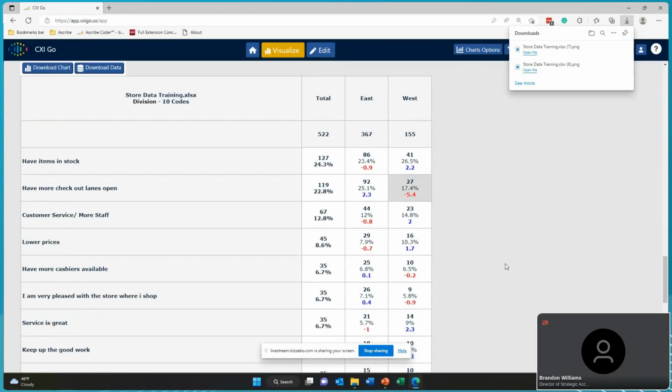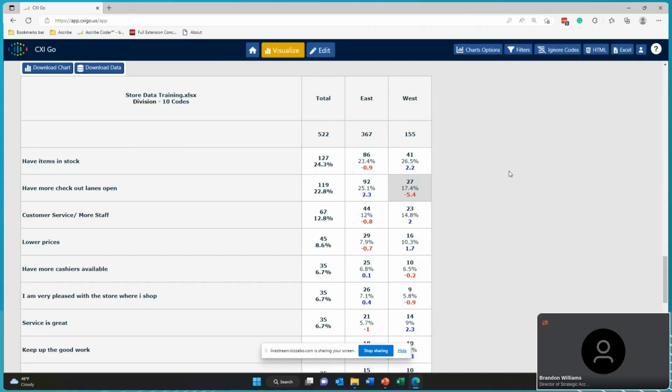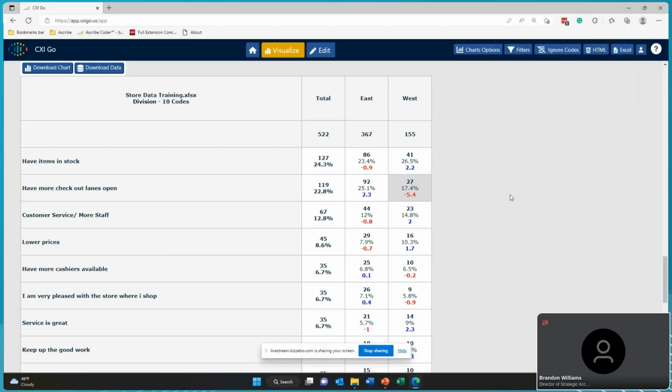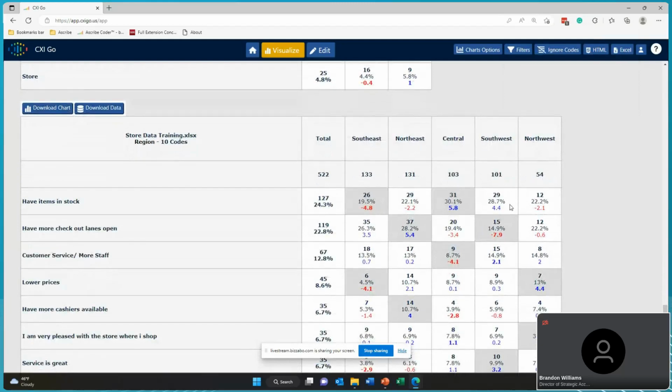Next set down here, we have our crosstabs. So our first set of crosstabs, that closed-ended information that we included when we uploaded it, comes into play here. Now we can download this data if you want to do offline analysis and offline crosstabbing. You can certainly hit the download data button or the download chart and get another visual there to share with everybody. When we scroll down, we got the same thing with another set of closed-ended data.